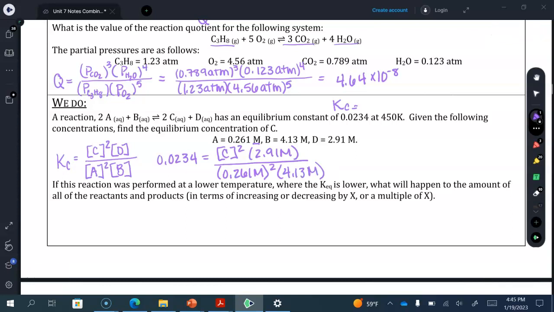Okay, so I'm going to simplify this to get what C is. So I'm going to multiply by the bottom, divide by the top, and take the square root of all of it to get C is equal to